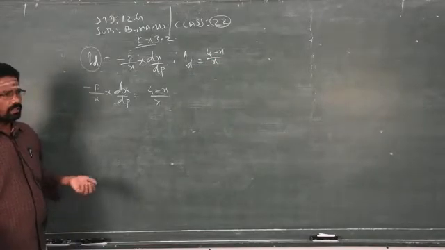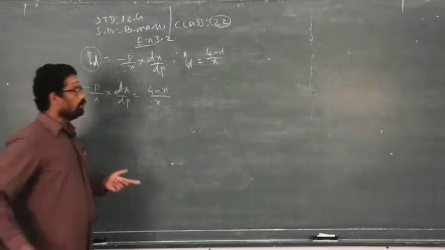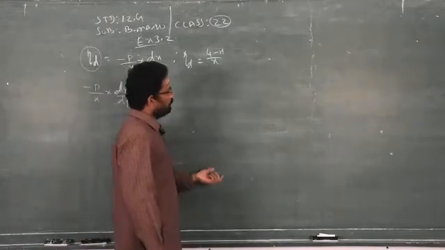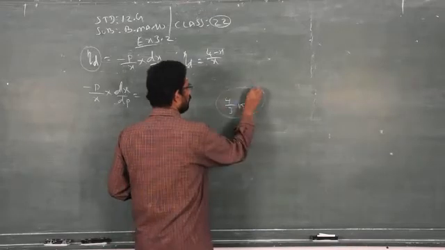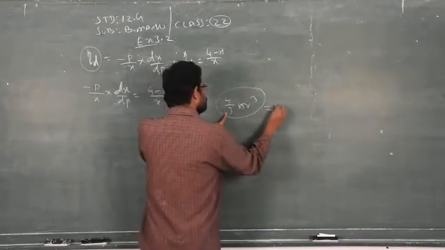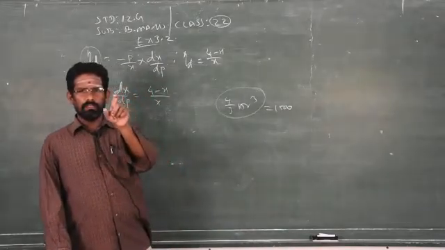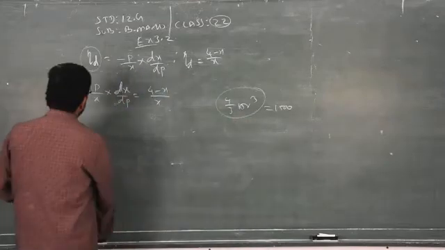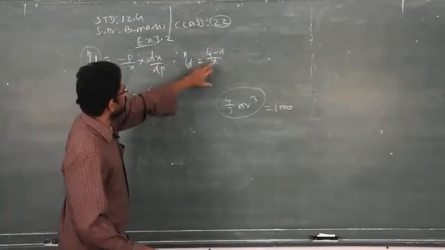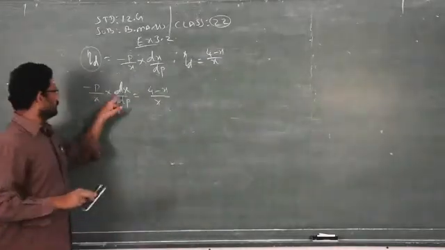In 10th standard you learned about mensuration. Volume of the sphere is 1500, which means how do you write it? You write volume of the sphere, the formula is 4 by 3 pi r cube. The answer for this formula is given as 1500. So what is given is information related to one formula. The formula is equal to the given information. In this way, the elastic demand is given as 4 minus x by x. So what is the formula to find elastic demand? Minus p by x into dx by dp.